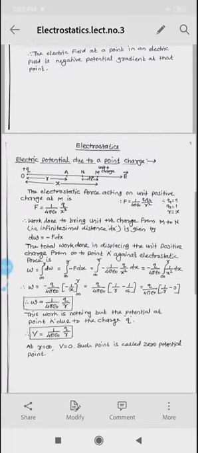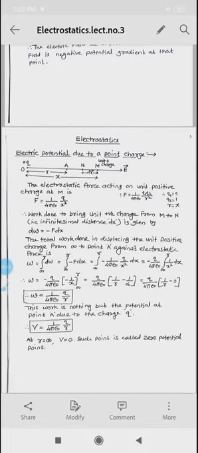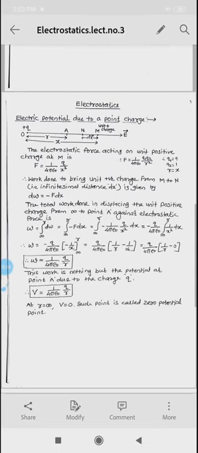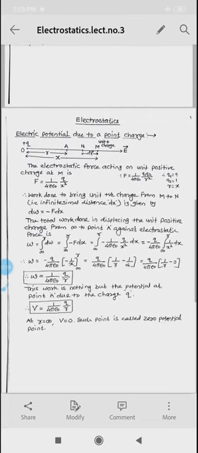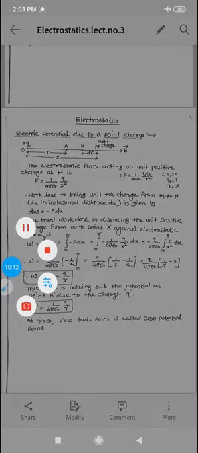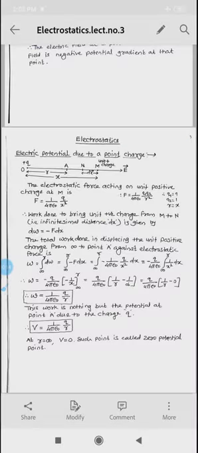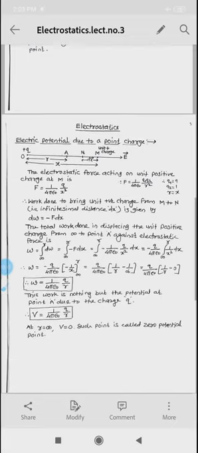Okay. Now the next article is the electric potential due to a point charge. Actually, this is the derivation of electric potential due to a point charge. Once again, suppose plus q is the charge, plus q is the O here,